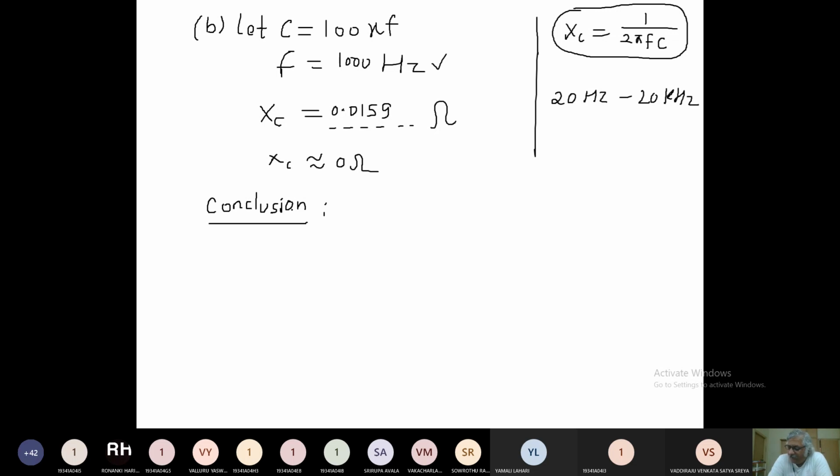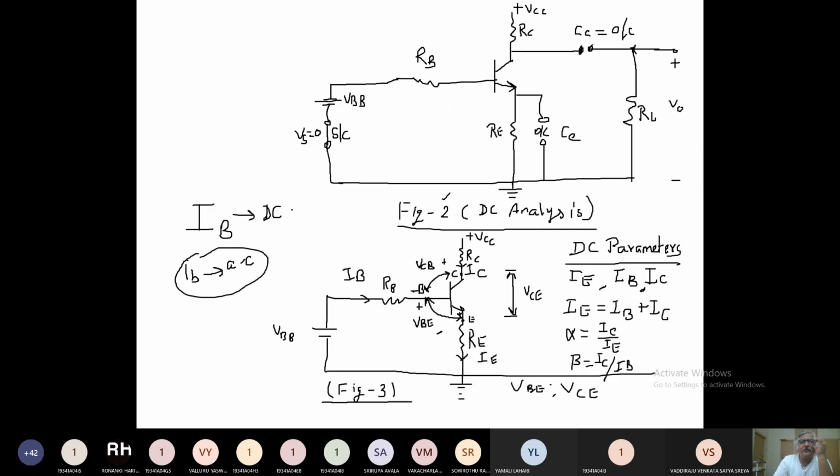Yes, someone can tell. When Xc is approximately 0 or very less at the low frequency, then what is the conclusion? If the capacitance value increases, capacitive reactance decreases at low frequency. That is okay. But since we have calculated the value of the capacitive reactance, it is coming very less, right? And this capacitive reactance value, you see here in this figure,